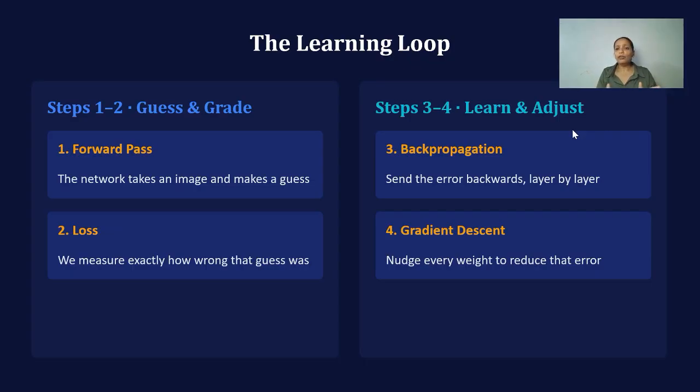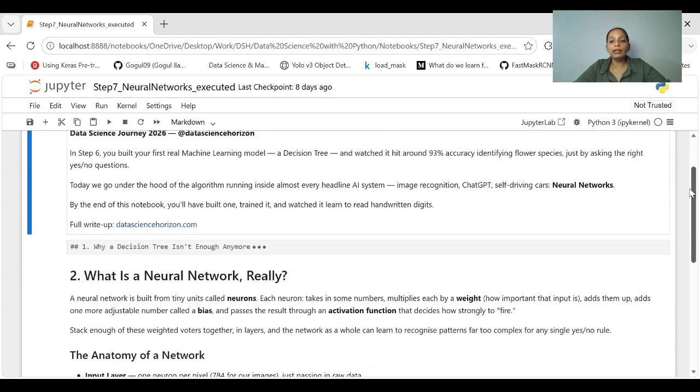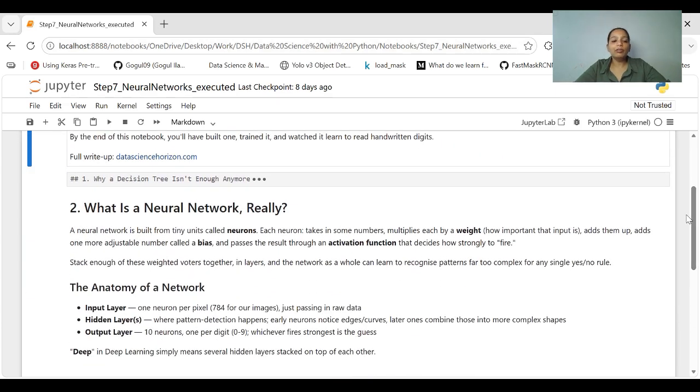There is no understanding, no intuition, just relentless mechanical trial, error, and tiny correction at a scale and speed no human can ever do by hand. That is, quietly and literally, how a machine learns. That is a neural network. Let's build a neural network and deep learning model on the MNIST dataset.